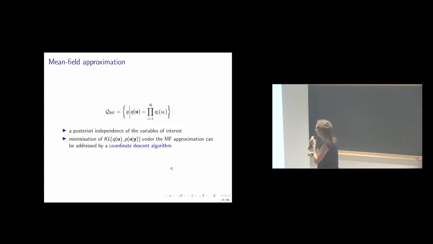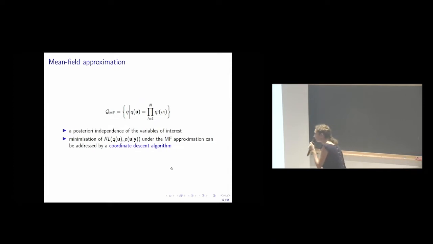Okay, so the mean field approximation assumes a posterior independence of the variables of interest. So in that case, if I have n variables of interest, I will say, okay, my posterior distribution, I want it to be factorized like that. Namely, each variable here, ui, is assumed to be independent from the others. The minimization of the Kullback-Leibler divergence under this mean field approximation can be addressed by a coordinate descent algorithm, which